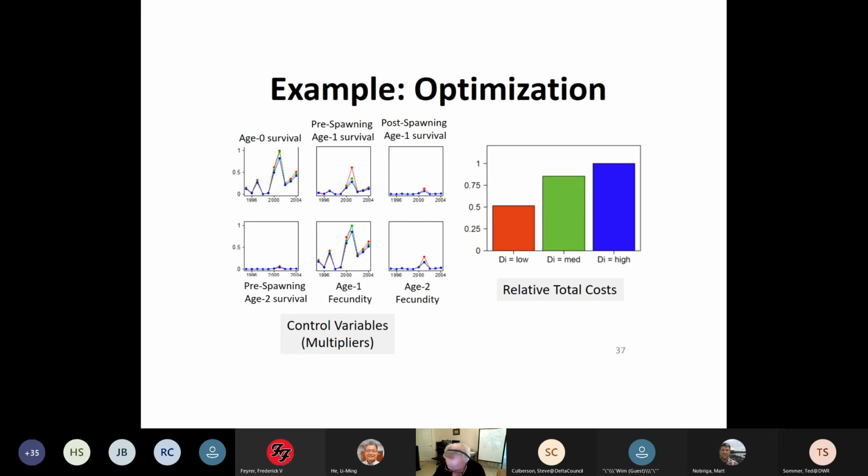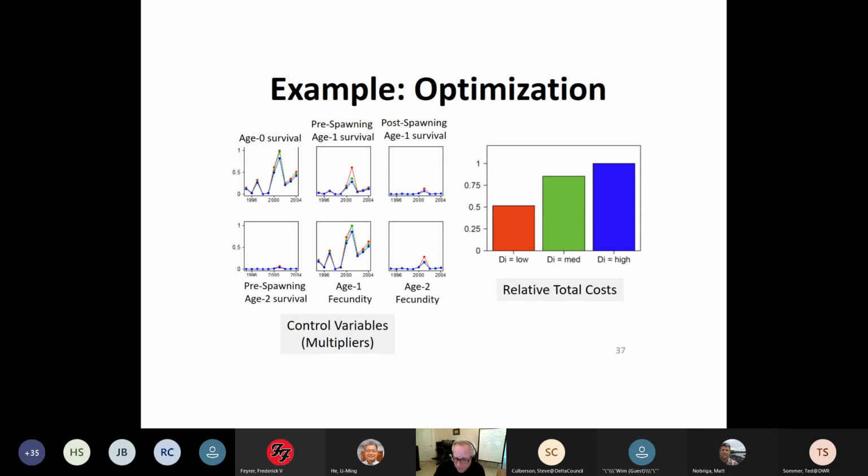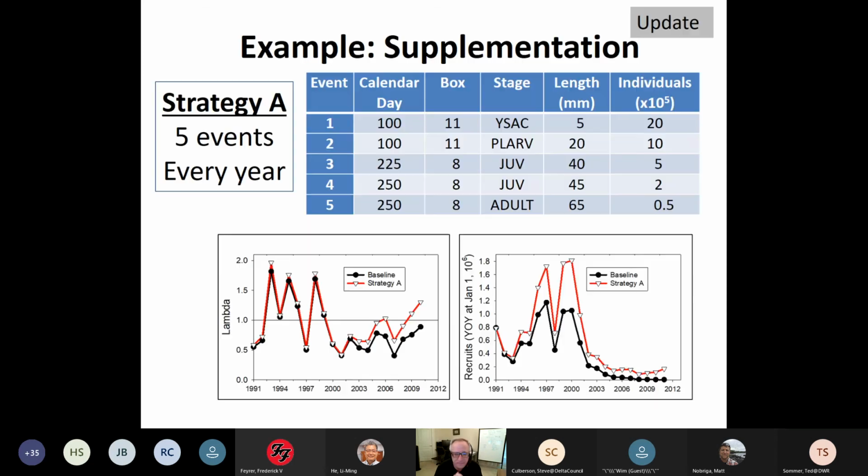So here's an example where we remember what we're doing. We're taking the IBM, we're using the every year's matrix model, and we're doing a formal optimization on it with a control rule, and then optimizing with that. And it's minimizing. So we give it an ecological cost if lambda's below 1 each year, and then we assigned arbitrary costs to how you change these different survivals. We weren't really sure, but we can plug in actual numbers, and you want to minimize that difference, right? Optimization can always be minimized or maximized.